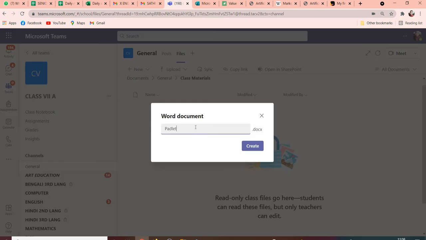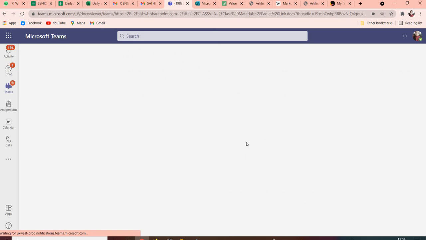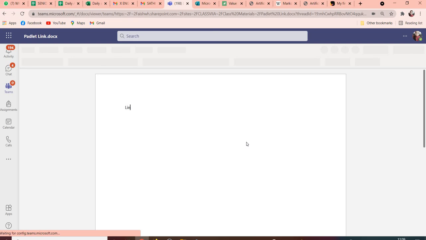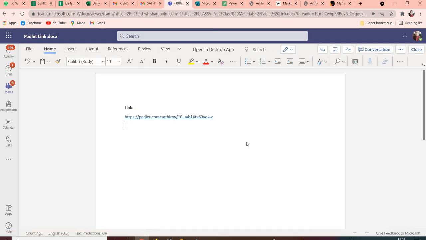Padlet link. I'm creating one Padlet link Word document where I'm going to post the link. This is the link, and the password to access that link is 123456. That is what I have given.